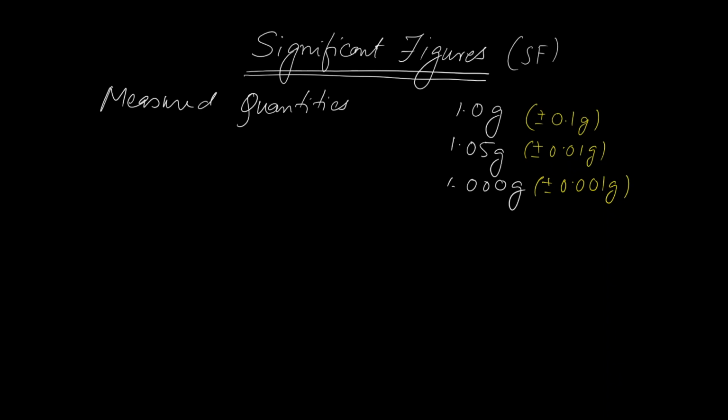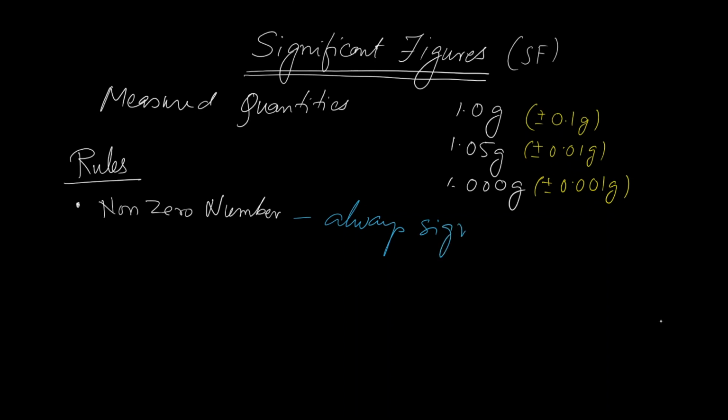Now, when there are non-zero numbers, we know that they are there because they are significant, but ambiguities appear when there are zeros. So let's write it down in the proper way. The rules. The first rule is that non-zero numbers are always significant. So if you have an example like 1234 or 1254, that has four